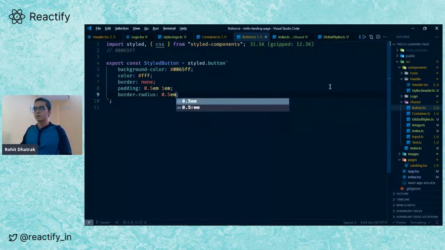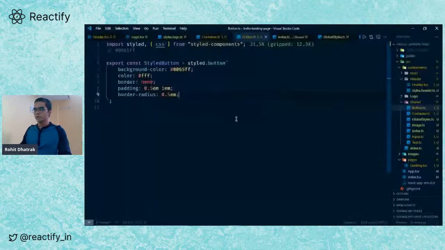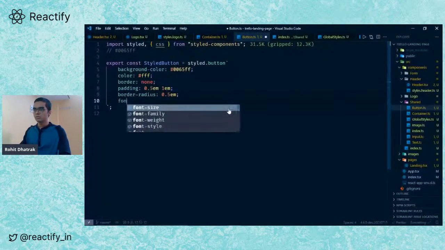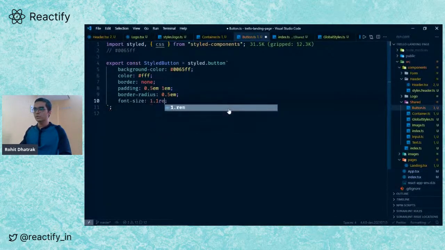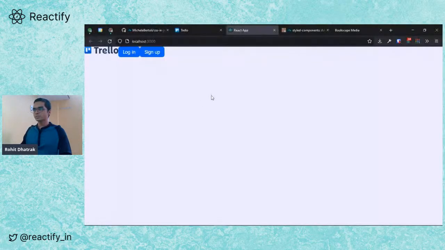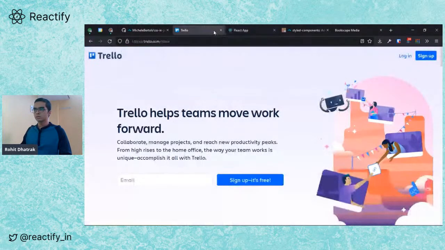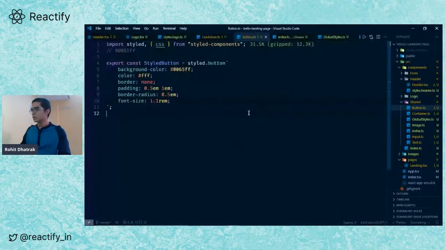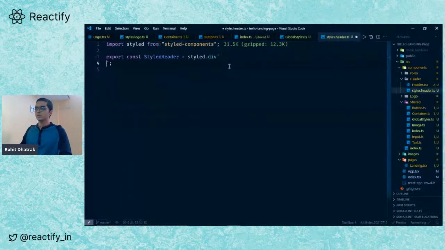Okay, we have that. Then let's up the font size to 1.1. Okay. Then let's take a look at our header, right? So header, we need this to be up. We can make this a flex. So we can do display flex,